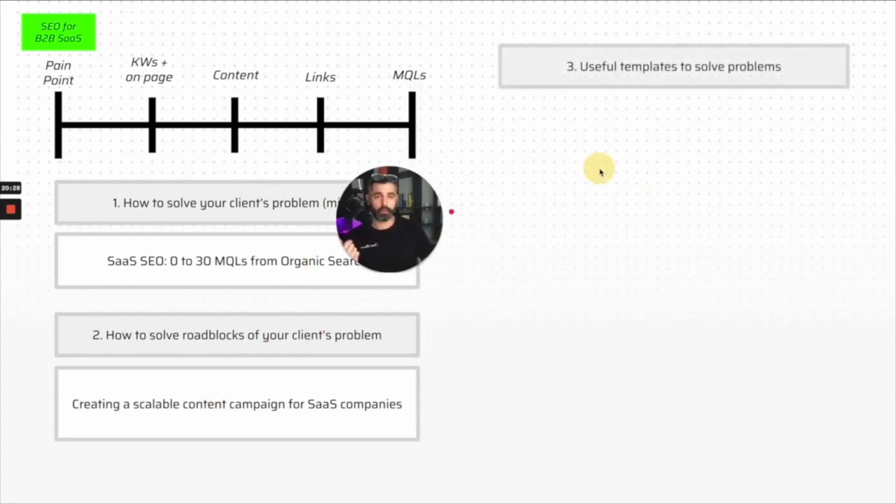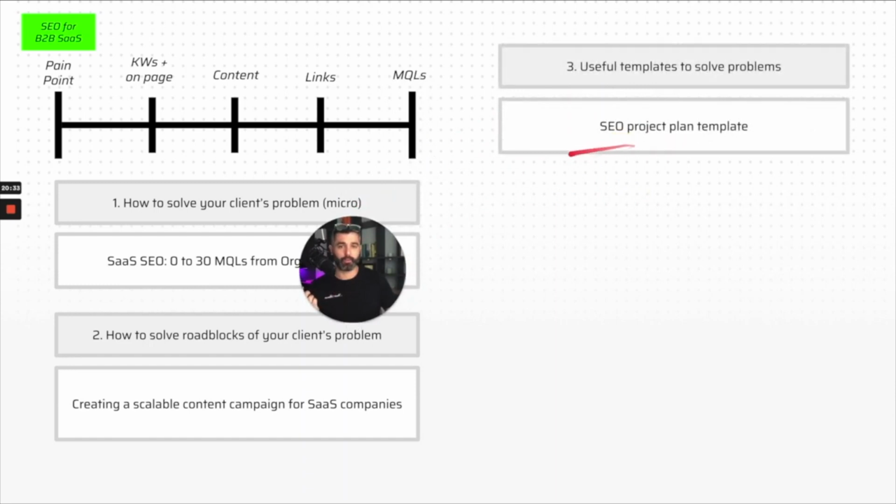Useful templates to solve problems. SEO project plan template. This is another pretty easy one too, right? That you guys can feel free to use, just giving away your SEO project plan for that niche. It's working well for us right now for the blueprint. We're getting like $5 leads, but it's an SEO project plan for agencies to use for clients. You can also do this, like we're giving away our SEO project plan for you to use if you're a Shopify store. Follow it step by step and then try and convert them that way.